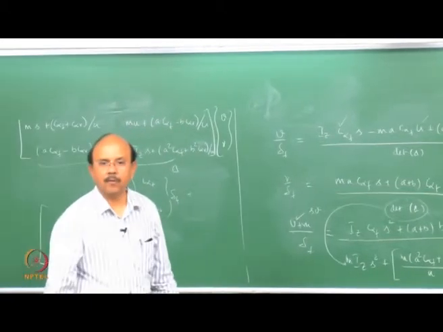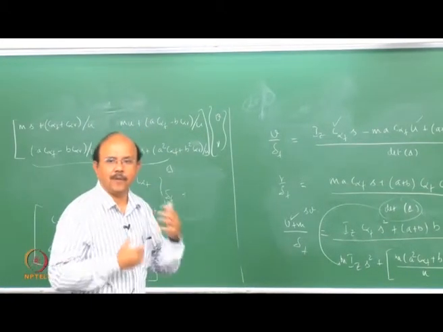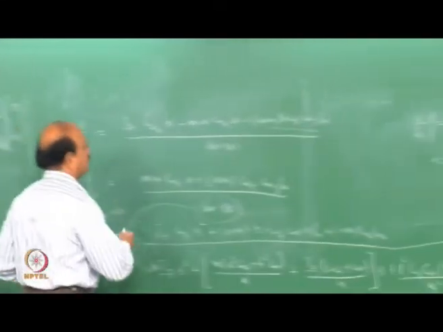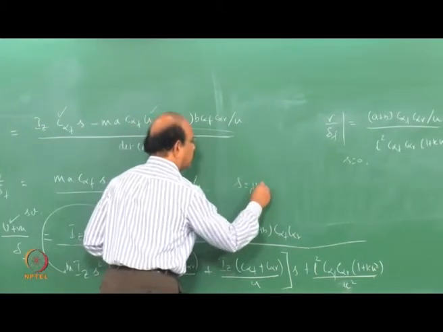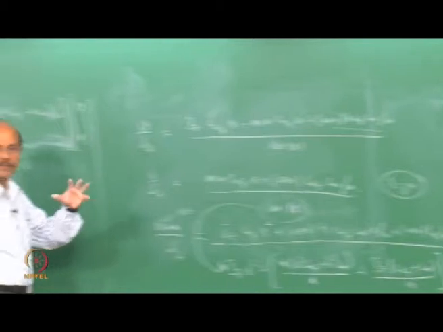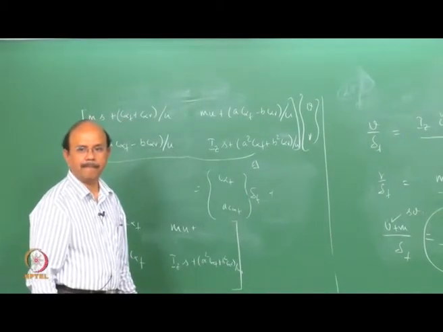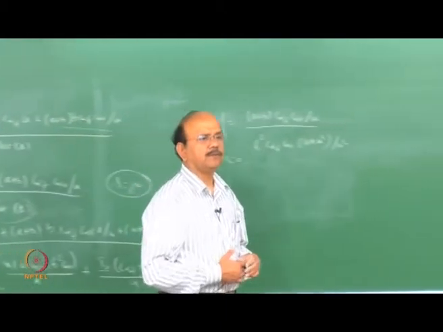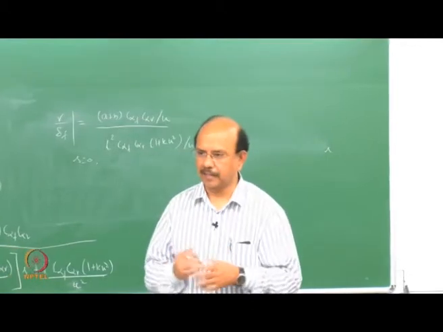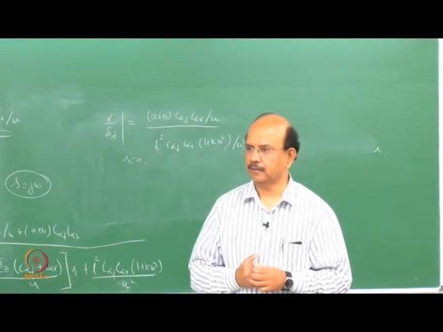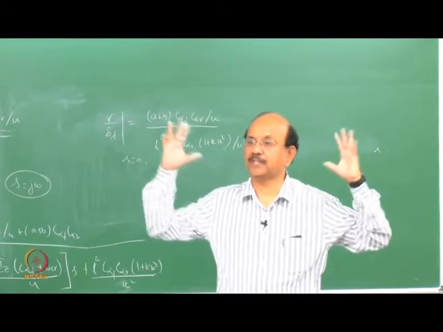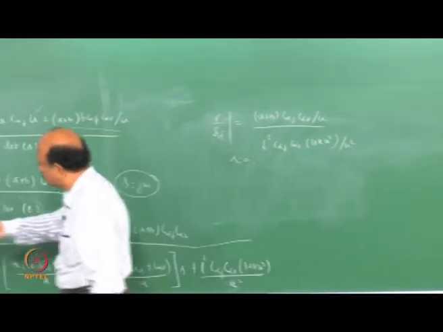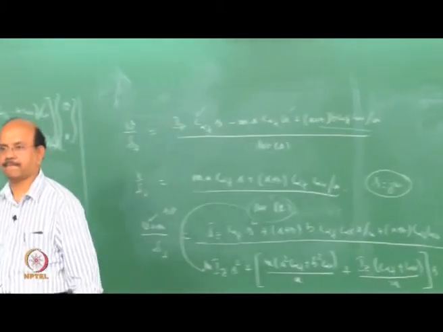Now, all of you know that if I want to convert this into a frequency response function, what do I do? s is equal to j omega. Fantastic. So I'll substitute s equal to j omega in order to convert it into a frequency response function. So what do you pick up from that? Say for example, when the frequency is high, as the frequency goes higher and higher, what happens to this response and what happens to this response?